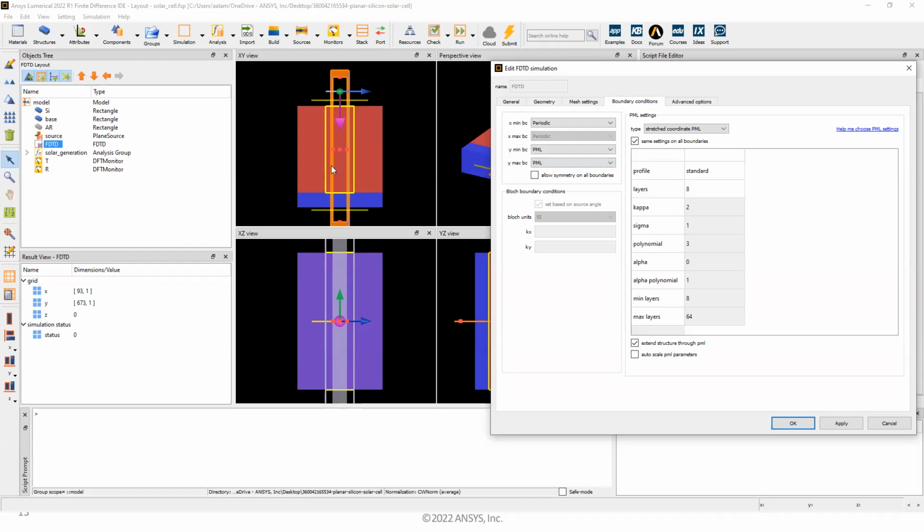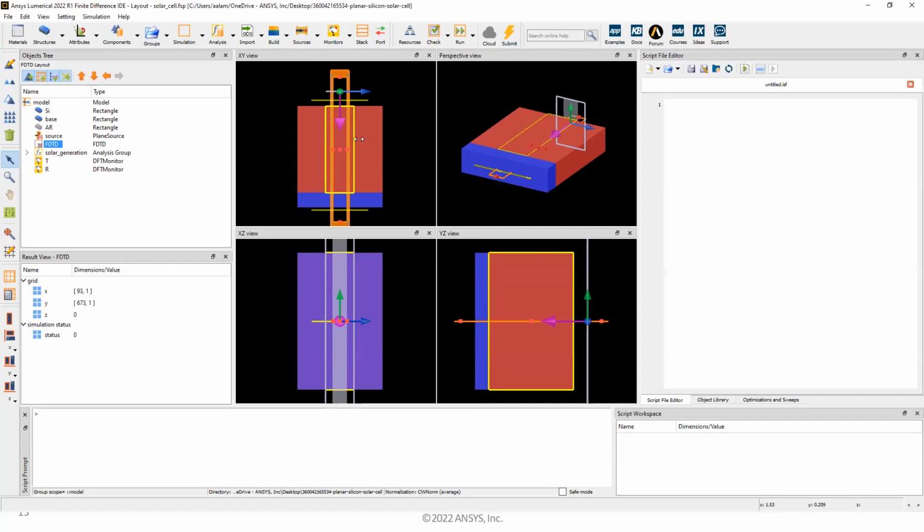On the top and bottom of our simulation region, we are using PML boundary condition, which is absorbing boundary condition. So, as light goes through this device, if anything goes outside, we don't want it to artificially reflect from the top or the bottom of your simulation. And this is where you use a perfectly matched layer, or PML, so that any light that goes out of your geometry will just disappear into the simulation boundary and not bounce back. So in the FDTD solver, you set up the extent of your simulation and the boundary conditions.